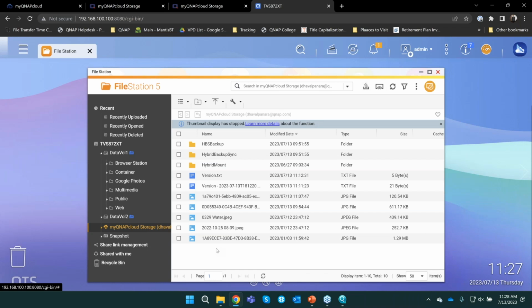So remember, QNAP cloud storage is still limited by your internet service provider. If you want to use something like this, I do recommend looking at your internet service provider to see if you can get better upload speeds. If you have gigabit upload speeds, if you have fiber in your location, then you're still good to go,